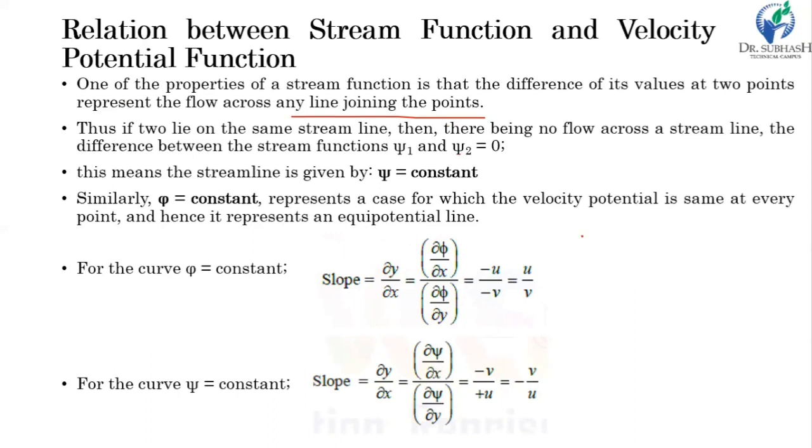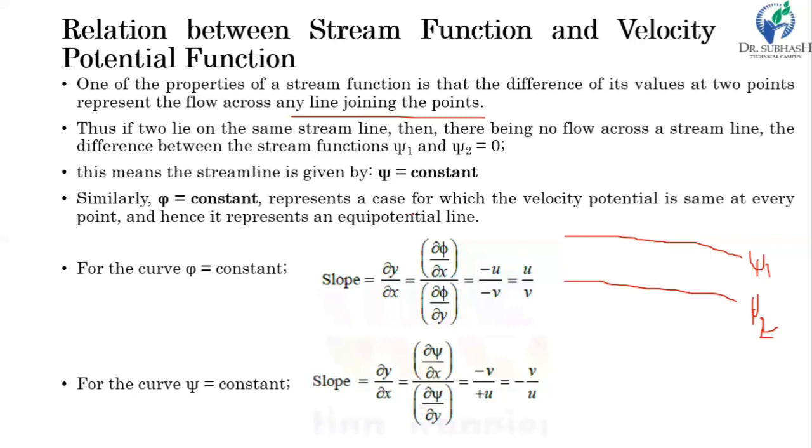So let's suppose there are two lines lying in the same fluid flow. Then these have a value of function psi 1, and this has any other function psi 2. In this case, if the two lines are of the same streamline, then there is no flow across the streamline. We have discussed that in the previous lecture, when we saw the definition of streamline and stream tube, and we discussed it in some detail at that time.